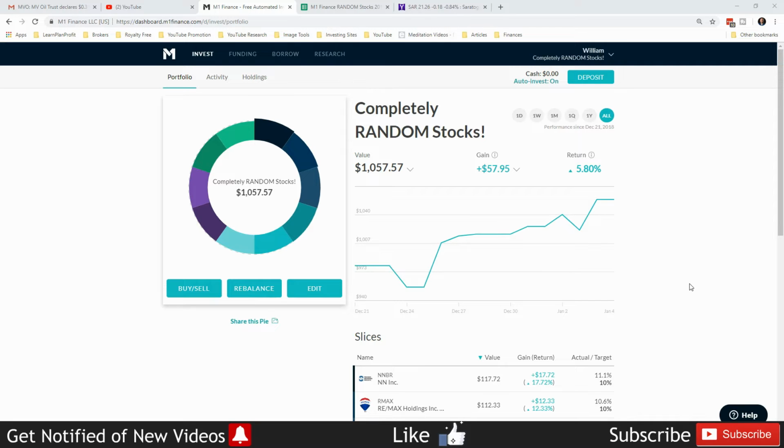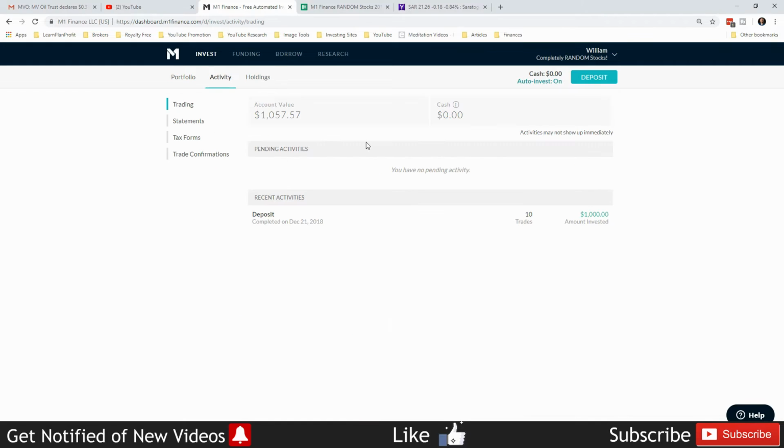How are my completely random stock picks working out for me? Well, I have to say they're working out better than any of my other portfolios at this point. Kind of amazing. So the current value of this account is